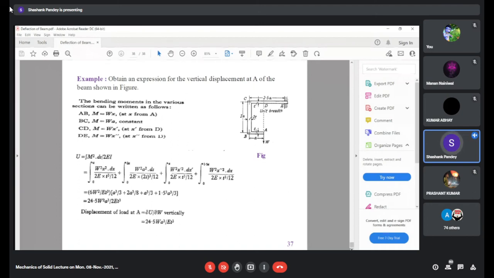So with this, we have completed our deflection of beams unit. We will stop here, and we will take some numerical problems in our subsequent classes. So I will stop here. If somebody has some queries, we will wait for 5 minutes. Those who wish to leave may leave, and we will wait for 5 minutes, then take some of your queries here.